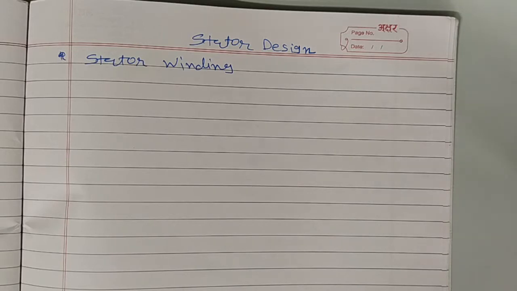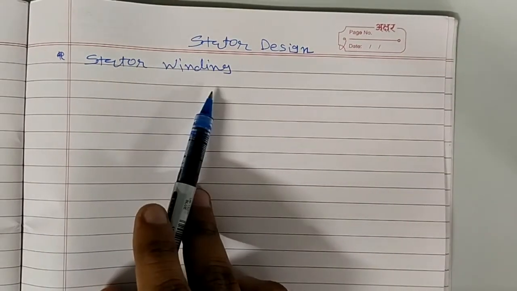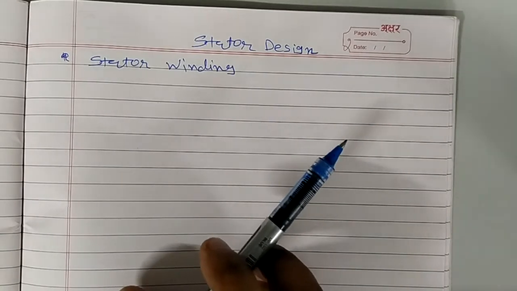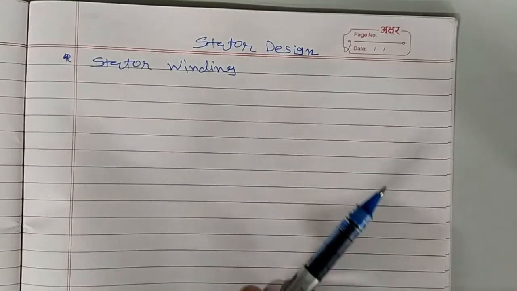gradually we reduce the rotor resistance, and the motor will gather speed, and it can go near to the synchronous speed. At that time these external resistances are disconnected, and they can be short circuited later on. Okay, so there is no problem with a slip ring induction motor. You can have star connected or delta connected stator winding. Okay, now the second point is stator conductor.